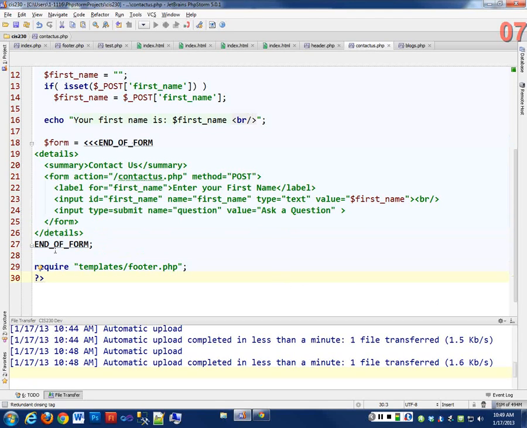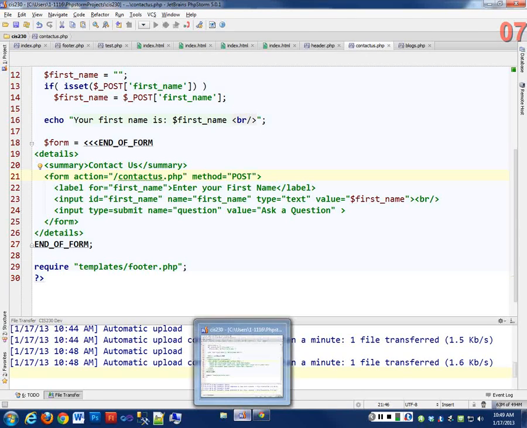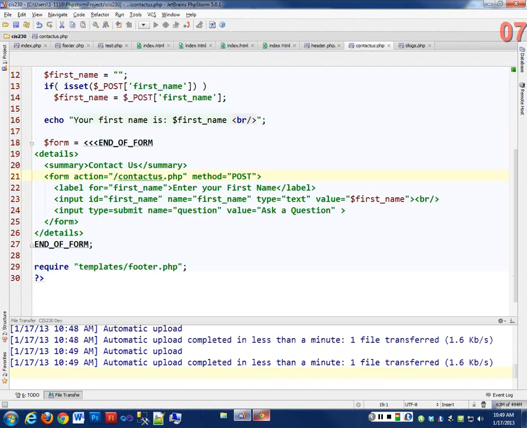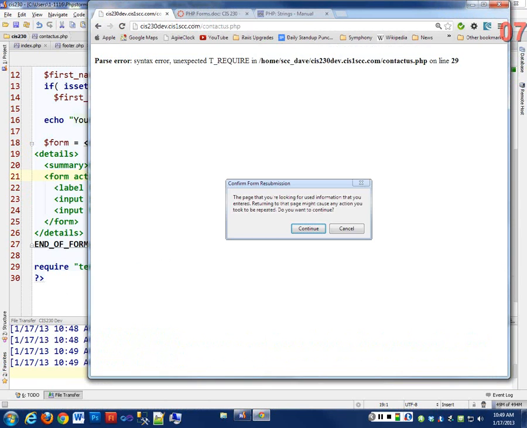But the end of the heredoc, again, has to be at the beginning of the line, the first character of that line. So this is very similar to Ruby. Ruby has that same syntax, or similar syntax. Yes, that's the next problem. So if I fix that,